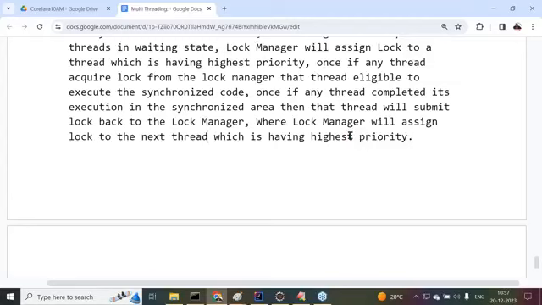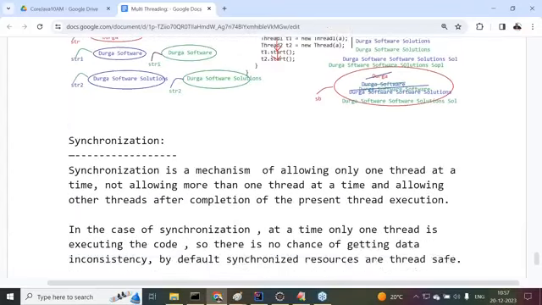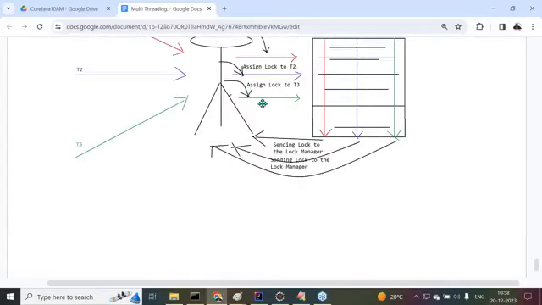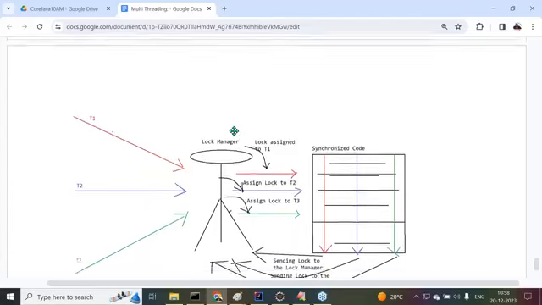We are not going to keep the total code inside the synchronization. As per the requirement only, we are going to keep our code inside the synchronization. Which code is sensitive code, where there is a chance of getting data inconsistency? That code only we are going to keep inside synchronization. Yes, sir. All of you are getting it or not? All right, sir. Now this is a clear-cut analysis about this synchronization content, and how that locking mechanism happens internally. We understood that point here.